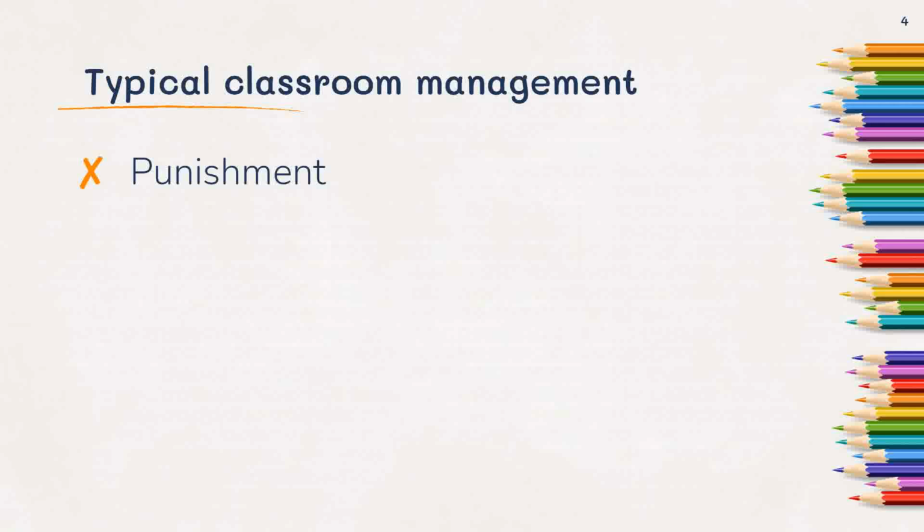So punishment is, I'm going to design a series of intricate consequences that escalate. So it might start with a verbal warning, then I'm going to write your name down somewhere, whether it's on the board, in a planner, in an agenda, and then I'm going to call your parents, and then, dun, dun, dun, you're going to the principal's office. And so we publish this set of rules and this set of consequences, and we hope that somewhere along the line that the consequences get too big for the kids, and they back down from their negative behaviors because they don't want to face that next consequence.